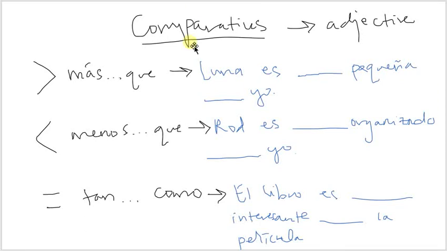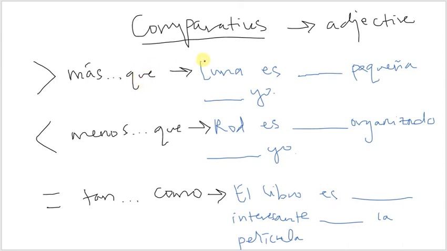Guys, today we're going to be talking about comparatives, which obviously is when you are comparing two things. First, we're going to talk about when you're comparing adjectives. So you should probably recognize this symbol, which means more than. So if you're going to say that something is more plus an adjective than something else, you're going to use